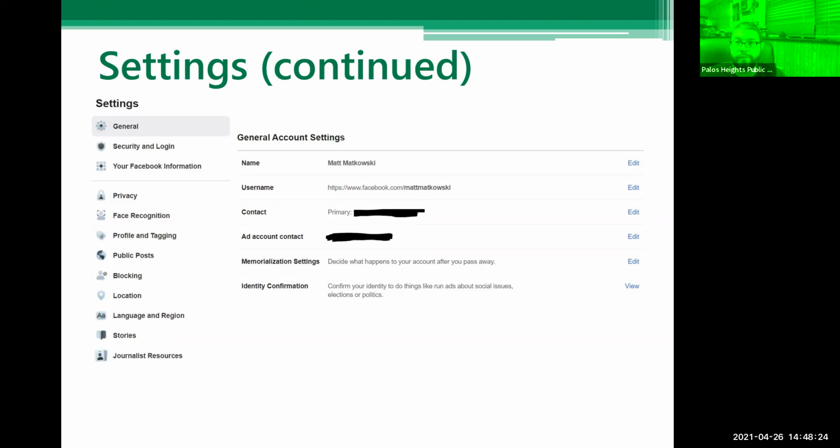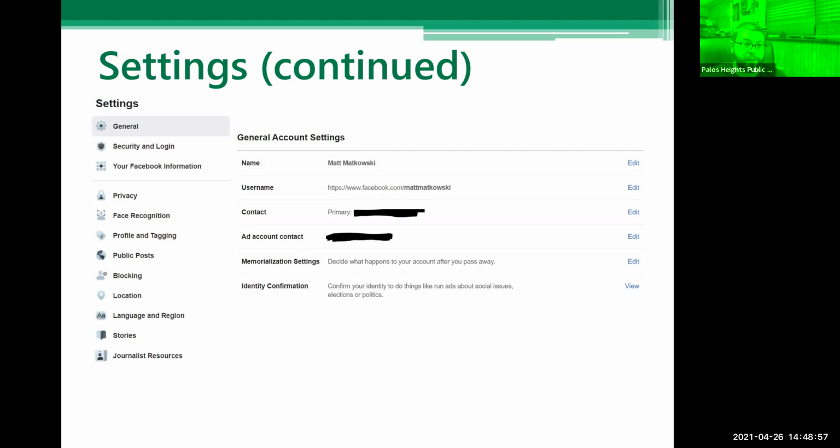Then they can run it, post things to it or not, or they're able to log in and say, hey, this person has passed away. You don't want to think about it, but since Facebook is such a prominent thing in a lot of people's lives, they like to do that. You can also set it to just close up and delete your account. It is whatever you want to do.